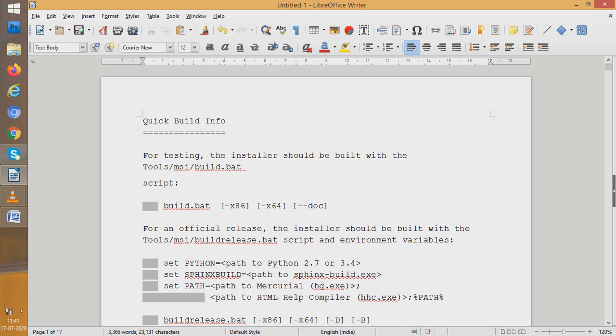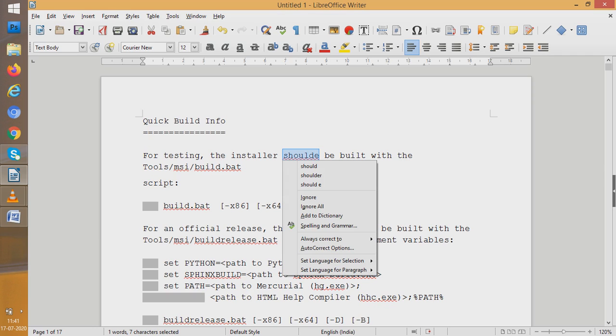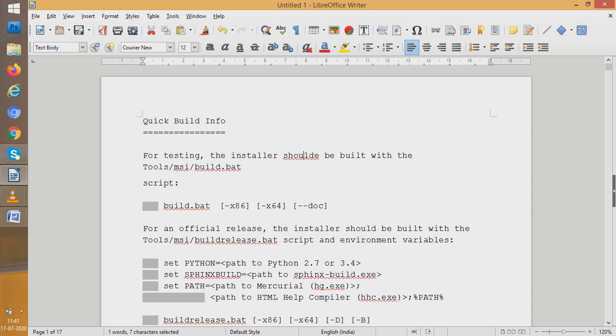Suppose instead of the spelling "should", I write an extra e here. Now when I write it, it is giving no mistakes at all. Maybe it is the right word according to the computer. But when I right click it, it shows that this spelling can be wrong. And it gave a wavy red underline over it. So whenever you see a wavy red underline, you should understand that something is wrong, because the word processing software's dictionary doesn't know this word.